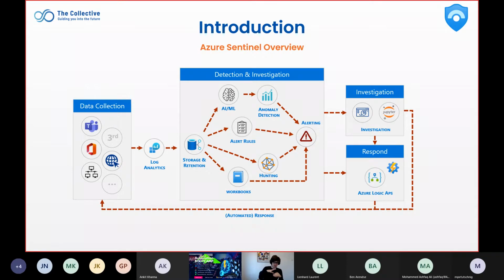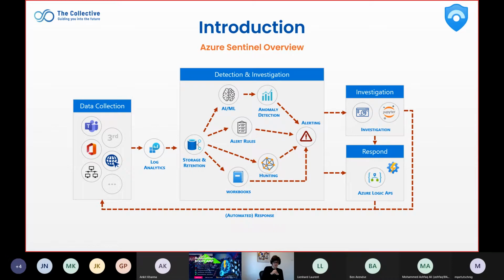And then when the data is in Azure Sentinel, you can create alert rules. You can use machine learning. You can go hunting to look, okay, what is in my environment and what kind of security incidents might I have. Then when you're investigating, you can use a portal or Jupyter Notebooks,